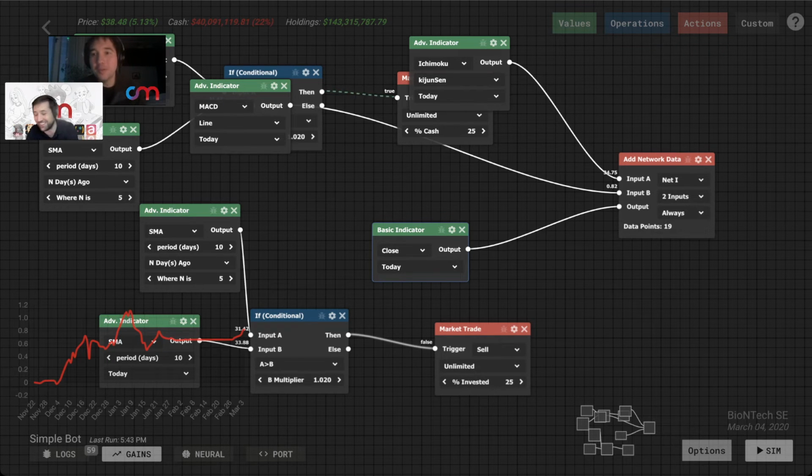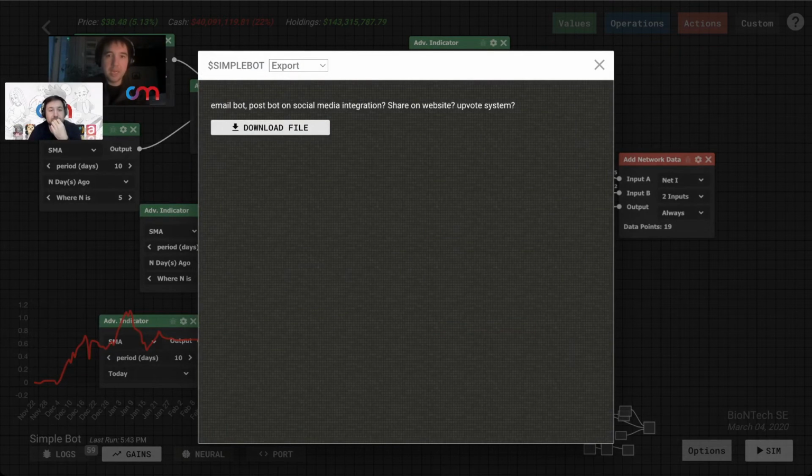So, by the way, very cool. We have 19 data points here in our neural network. We can then train it, and then we can use that neural network that we've trained in tandem with our bots, or just as the bot itself. Whatever you want to do. The ultimate goal of the game is to just keep climbing the ladder of the upgrade tree. You go to crypto and you go to ETF, and you can share all of these bots with the community.